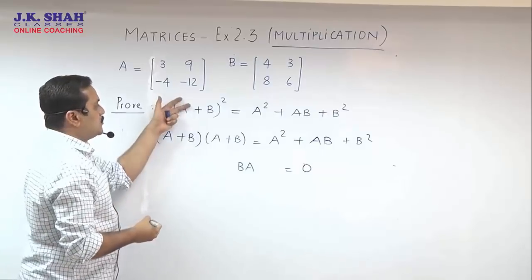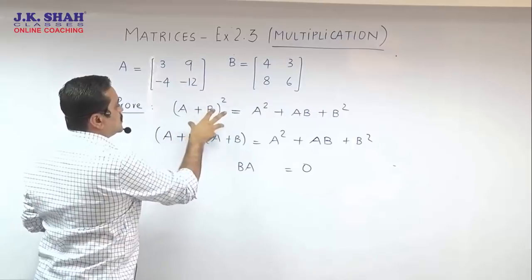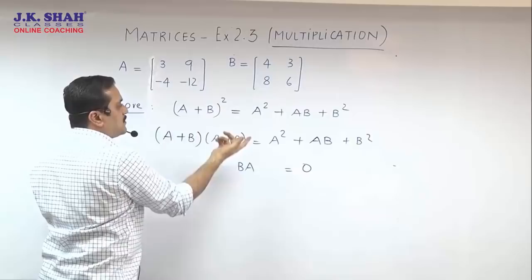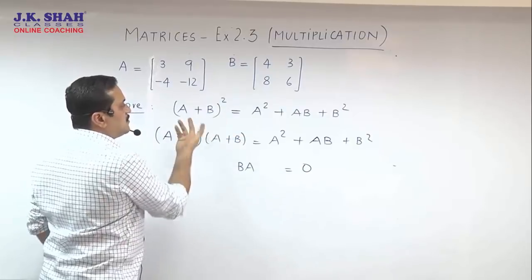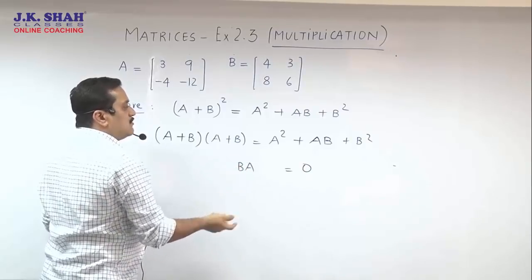So in place of proving that, we just need to prove, and even if you have a rough glance at all these things, (A+B) the whole square equal to A square plus AB plus B square. Now few students do remember A square plus AB plus BA plus B square. So the only term missing is the BA. That means the BA was a null matrix. So they come down to this point directly. But we work it out.